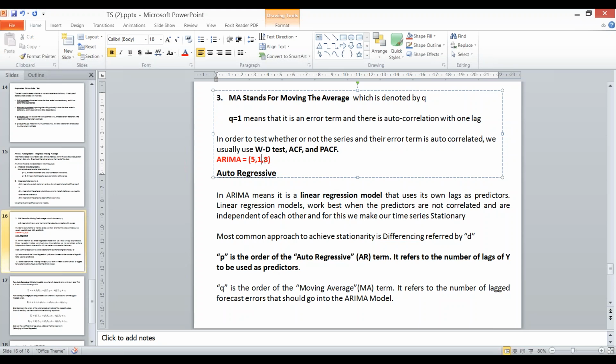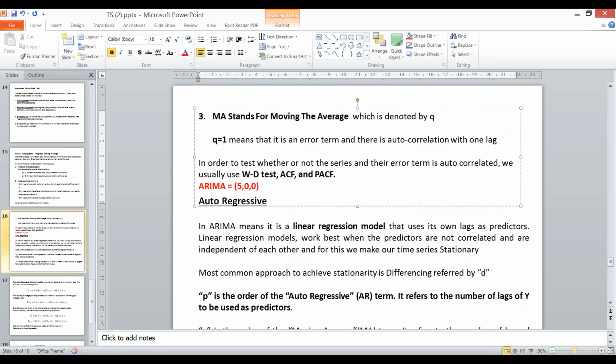I'm doing first order differencing and I'm considering the last 8 values for moving average. Okay? And if I set the others to be 0, then what is this model? This is an AR model now, because we have specified all the other values as 0. We have only considered AR, and for that the AR value is 5.